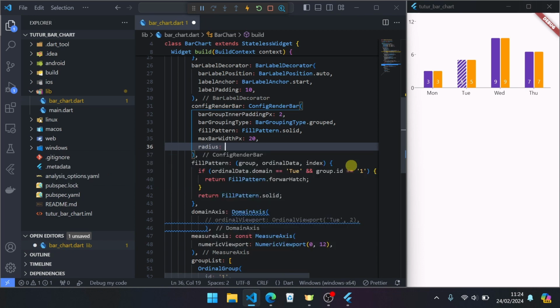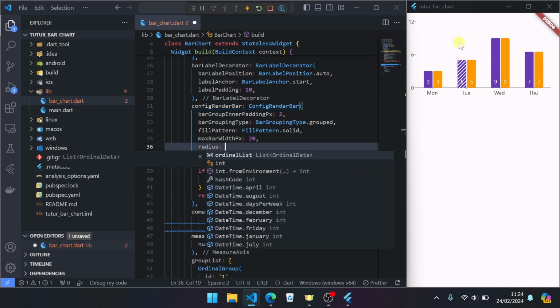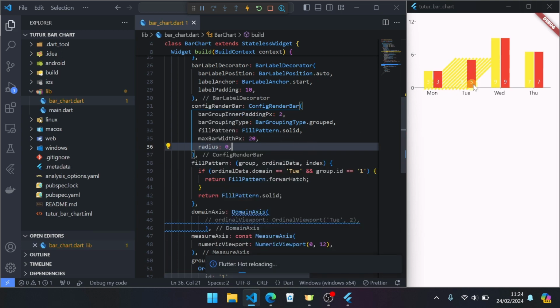Next, radius or corner of item bar, the default is 2. We can set to 0, but this will affect fill pattern here. Fill pattern forward edge. If you use fill pattern solid, it will not be affected.